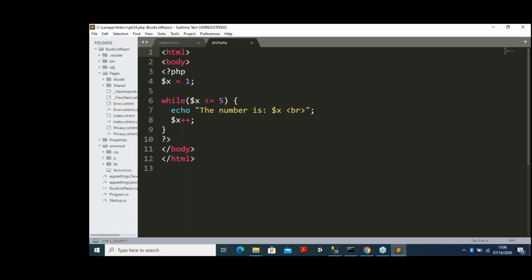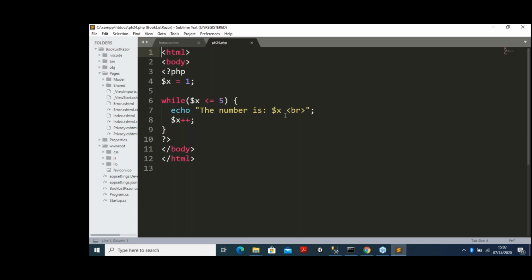In a while loop, we declare a variable, $x, and initialize it to 1, and we first put the condition: while $x is less than or equal to 5, then echo the number is $x. So it will be checking x equal to 1, 2, 3, 4, 5. When it is greater than 5, it stops.